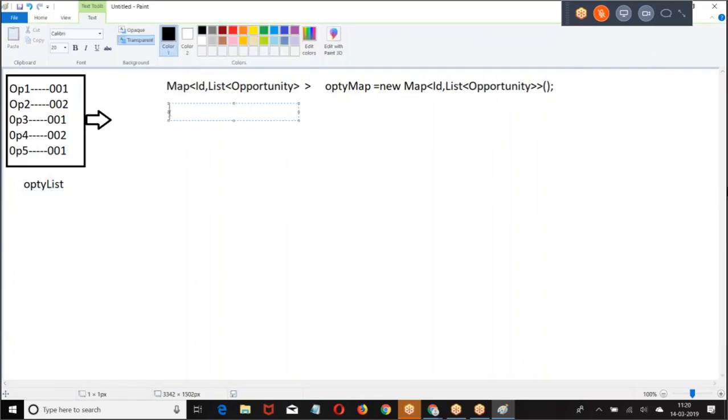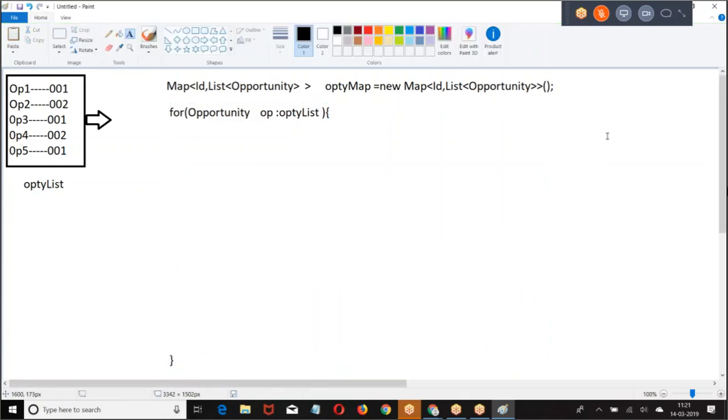So what I was doing, for opportunity. What did I do in this case? One by one opportunity I have taken. We are just trying to understand the logic first. Then I'll try to make a use case. One by one opportunity I have taken. Now I'm saying